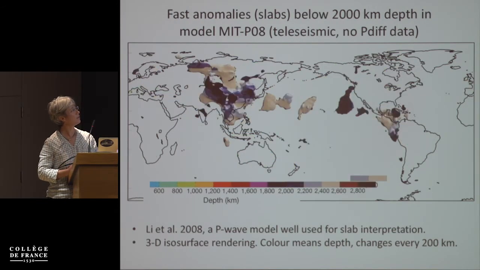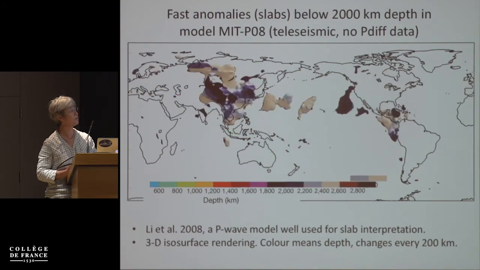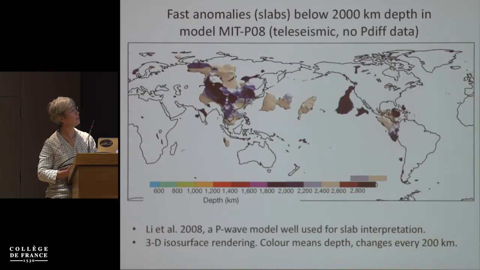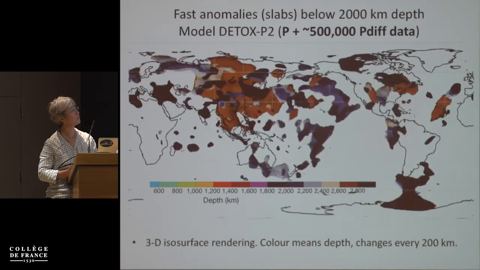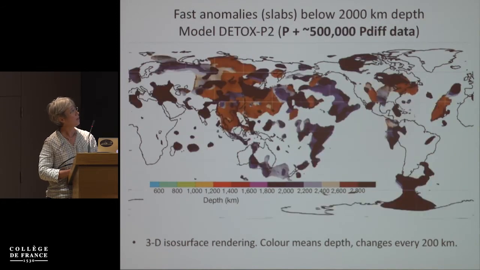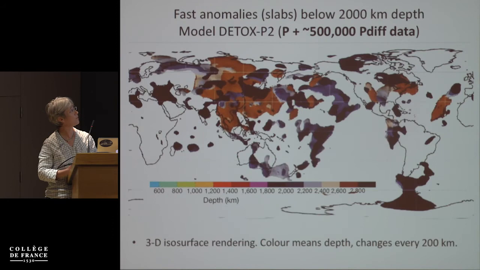And in general, in the southern hemisphere, there's nothing, right? So you strongly suspect there's stuff missing. Now, by comparison, this new model, you can see suddenly, these are exactly the same depths. So suddenly the brown, that's the deepest, that's the core mantle boundary. There's a lot more structure. And at the shallower depths, the slabs become much more elongate, so trench-like, as you would expect them to be